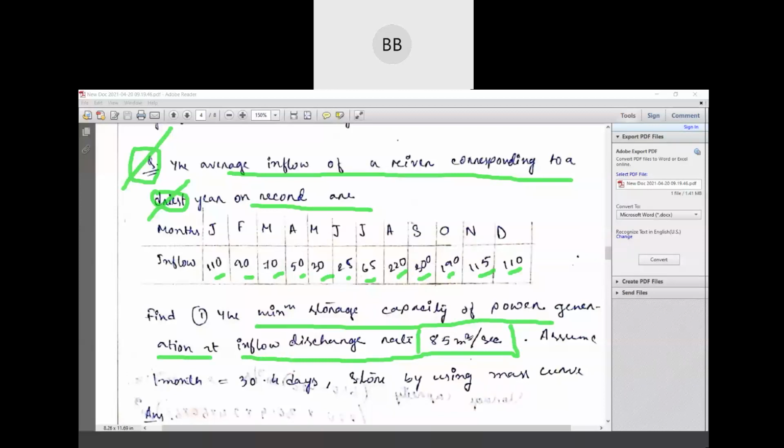So you write down this question, and another thing is that for 1 month we can assume 30.4 days, because this is an average. In 1 month we have 30 days, and for some months we have 31 days. So basically we take 30.4 days for 1 month.